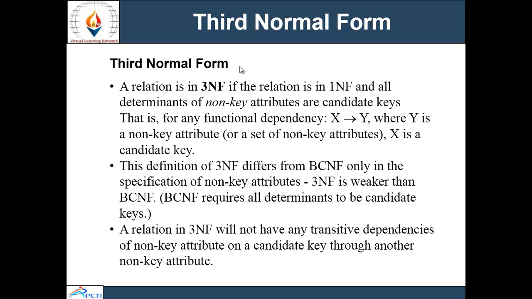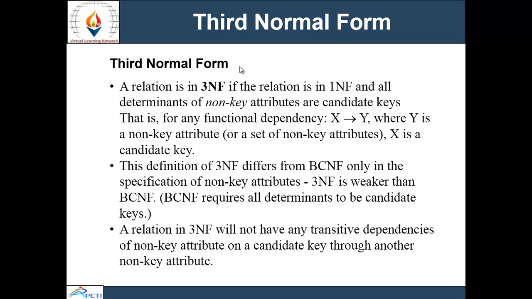Next is third normal form. Third normal form applies that every non-prime attribute of a table must be dependent on the primary key. Or we can say that there should not be a case where a non-prime attribute is dependent on another non-prime attribute. So this transitive functional dependency should be removed from the table, and also the table must be in the second